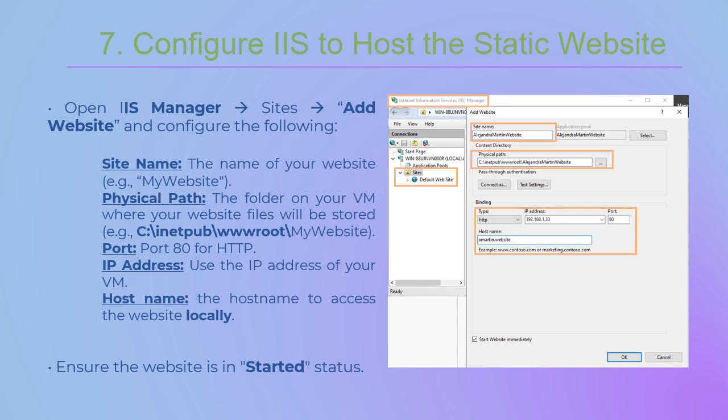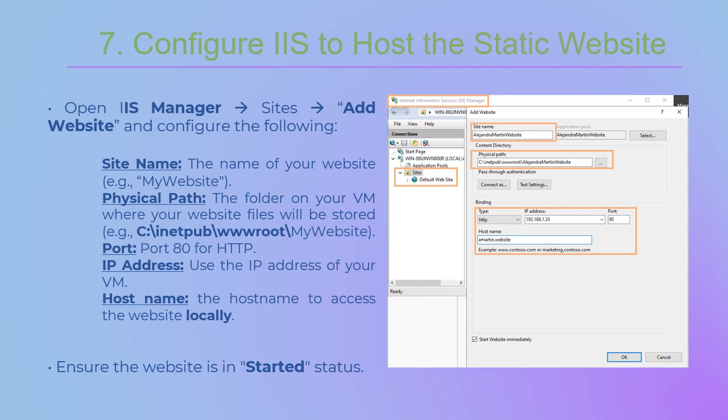The default directory is in c:\inetpub\wwwroot. And in my case, I use a website that we created for another course in our career.